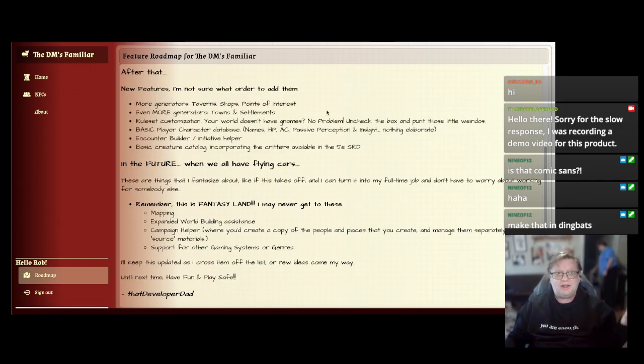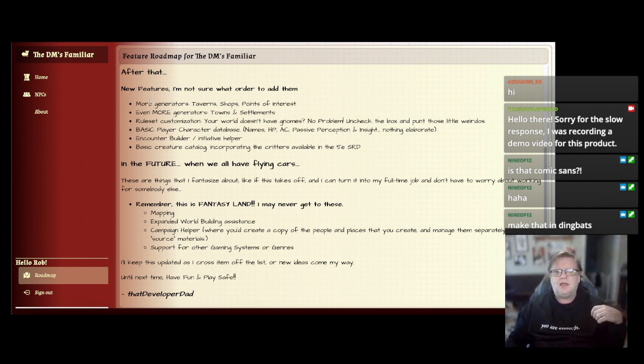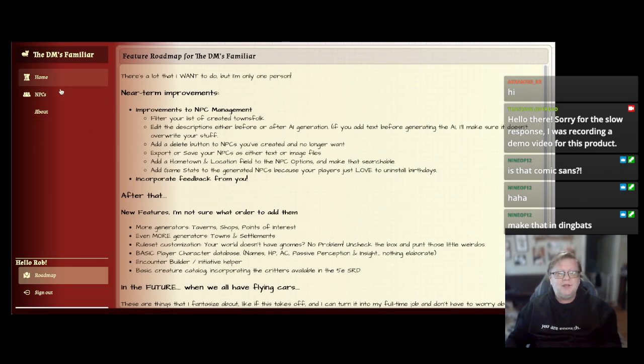And then once that's done, and I've got people using it, and I've got people happy with the NPC portion, I want to add more generators: taverns, shops, points of interest in the places where the player characters will be hanging out. Later on, even more generators like towns and settlements, rule set customization, so that when you're in here with an NPC or you're generating an NPC,